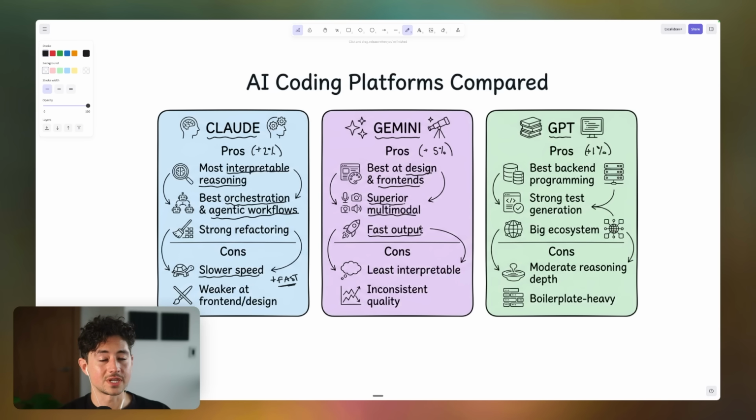It also has the ability to use a fast output, which means it writes really, really quickly if need be, but they don't have access to a dedicated fast mode where you could pay more money to use them really quick. I think it's the least interpretable of the models, and personally I find the quality is quite inconsistent. There are some days when I'll prompt it and it'll do quite incredible, then other days where I will prompt it and it will just absolutely crap the bed. At least Claude's quite consistent in that way, despite the fact that maybe it's a little bit worse at a few things.